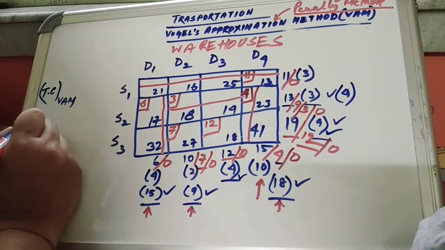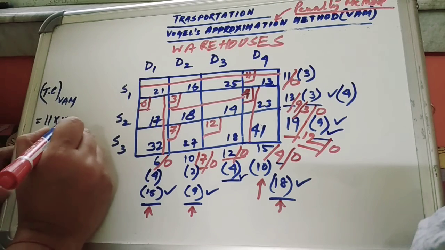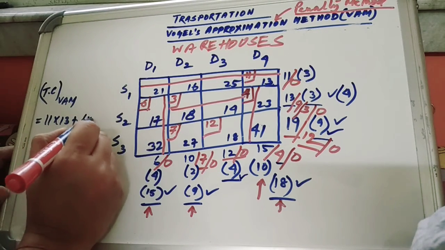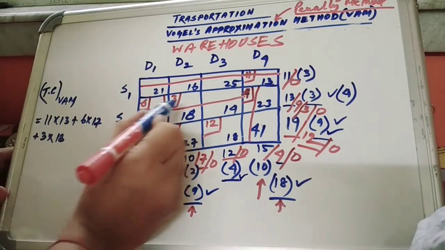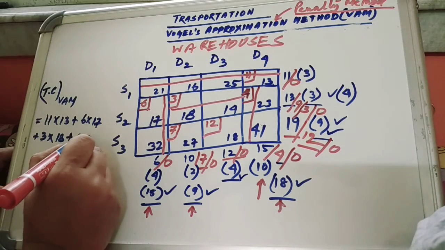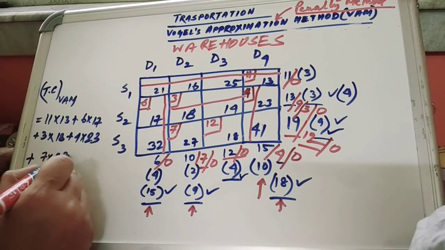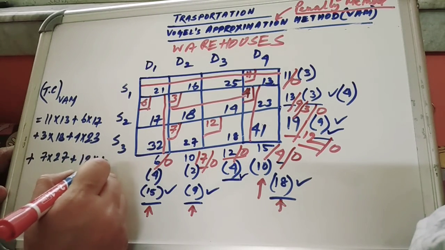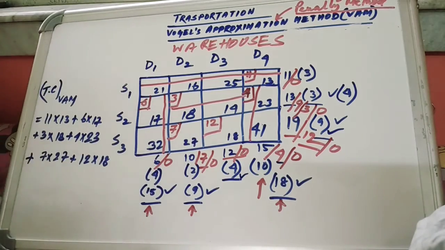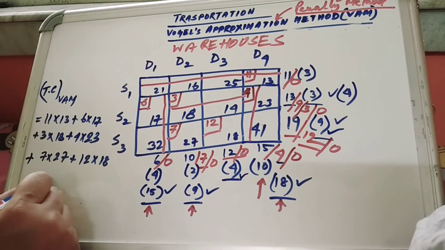Okay, using VAM. 11 into 13 plus 6 into 7 plus 3 into 18 plus 4 into 23 plus we got 7 into 27 plus 12 into 18. I think that's all. No other cell remaining. So after calculating, you are going to find rupees